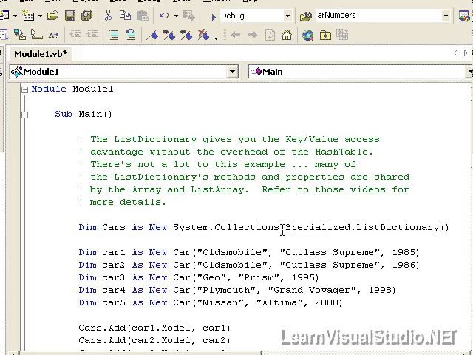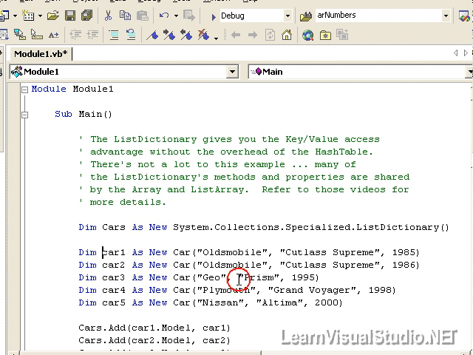We haven't really talked about this, but all the other collections that we've used, we didn't have to specify System.Collections. That seems to be because by default, Visual Basic assumes that we'll use System.Collections within our application, along with some of the more common System namespaces. But in this case, we have to define the Specialized namespace so that we can get to the